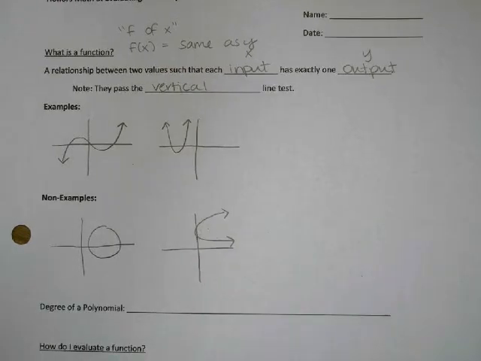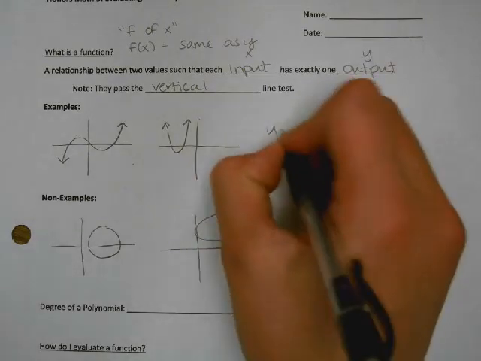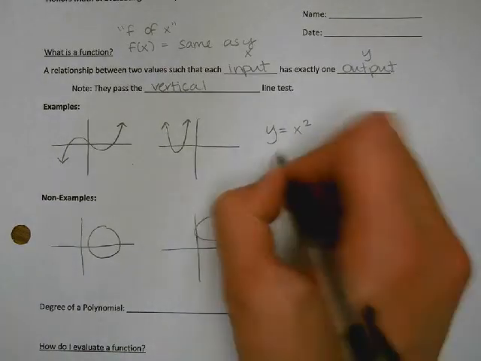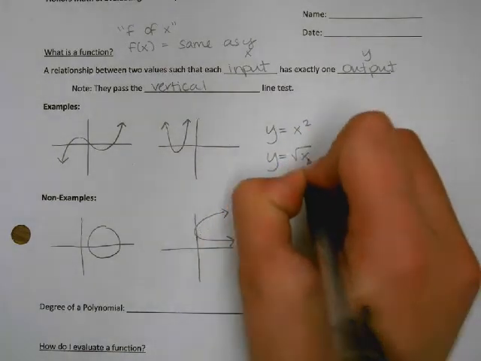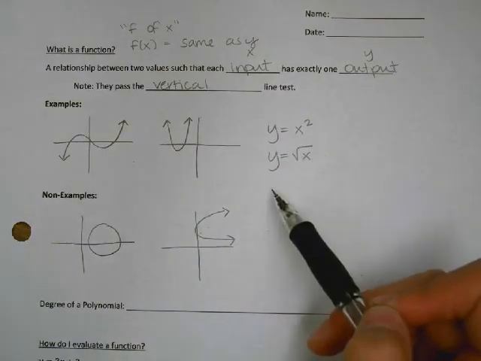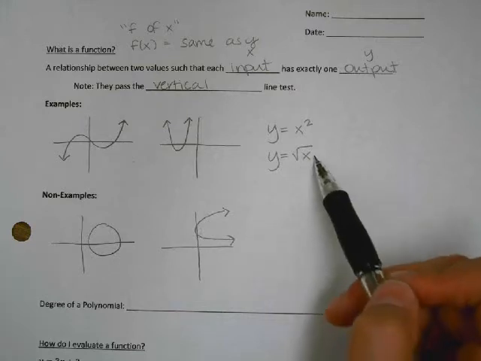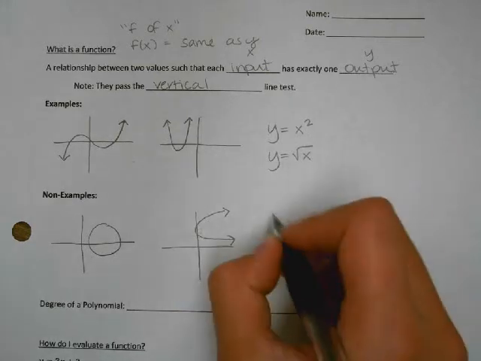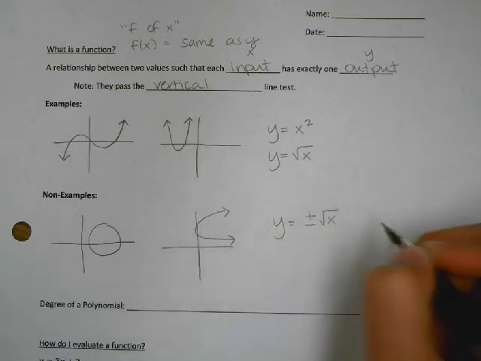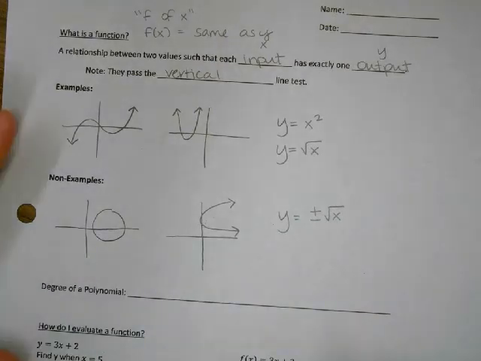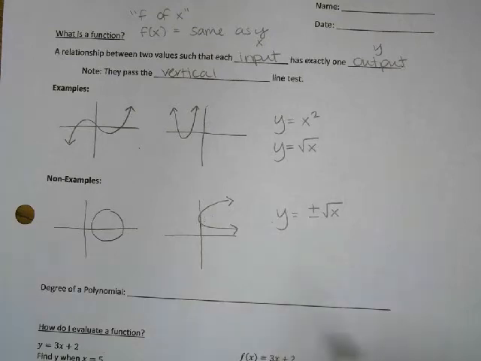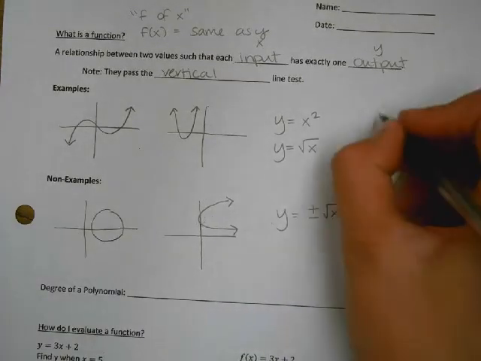So for some algebraic examples, let's say we have the equation y equals x squared. That's a parabola, so that one would be okay. Y equals the square root of x, that's okay. If I plug in an x value, I'm going to get a specific y value. So whatever x I plug in, I get only one answer. Now down here, a non-example would be if I had plus or minus the square root of x. That would be a problem because I have multiple y values that go with one x value, and that's an issue. And then as far as tables go,